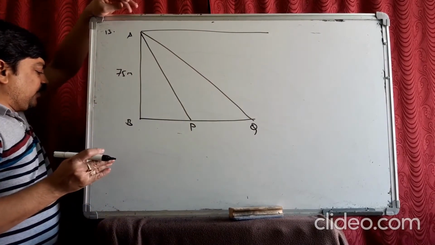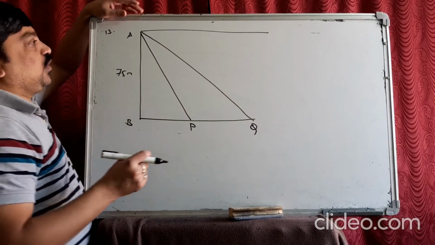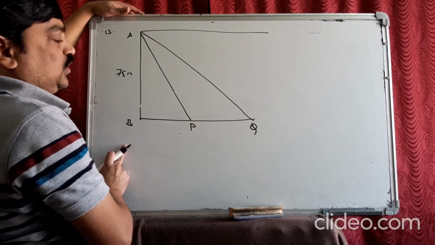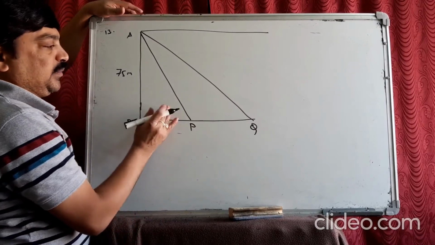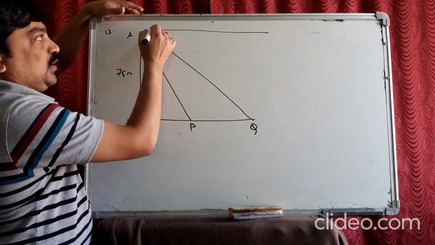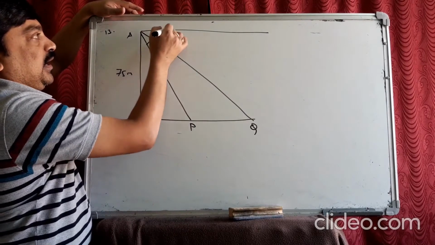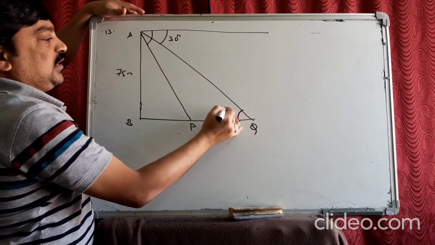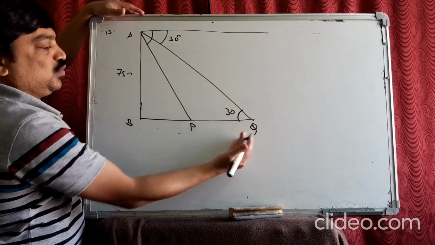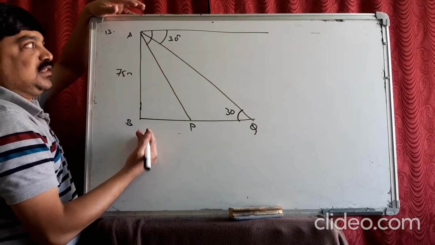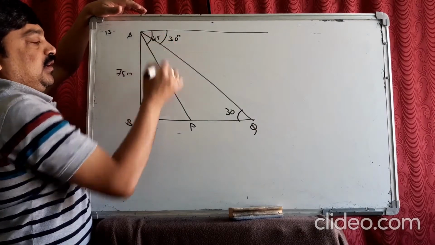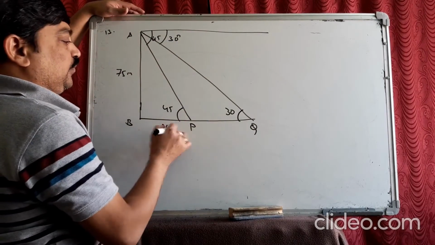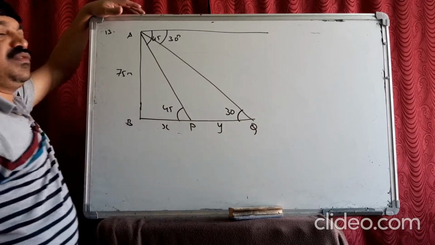Angle of depression of the first one is 30 and the other one is 45. So in these two, which is 30 and which is 45? 45 will be higher. That means less slope. So this will be 45 and this will be 30. If this is 30, this is 30. Because when you move towards, the angle increases. And this is 45, this will be 45. And you are asked to find out y. Distance between the ships is y.